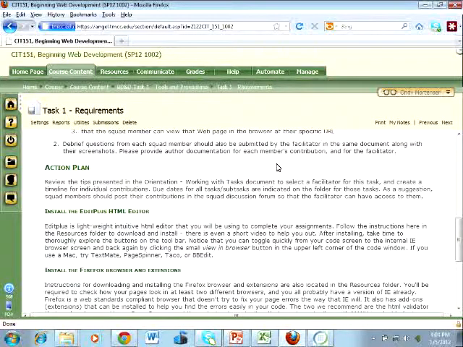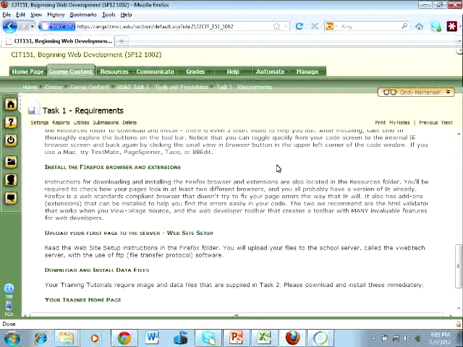So then I've got this action plan down below. So this tells them specifically what to do. So this time, this is the hand-holding task for them. And you can say, review these tips here. I'm making them go back and take a look, working with tasks. What does it tell you to do? And then select a facilitator, create a timeline, due dates are indicated on the folder, and so on and so forth. Install here, and I actually have some detailed instructions in a folder in this particular one. I have a resource folder in this one and not just a resources page. Okay. So I can show you those too if you'd like to see them.